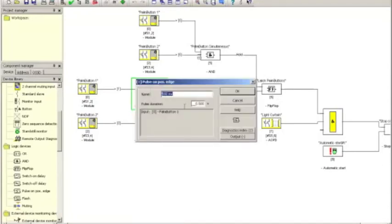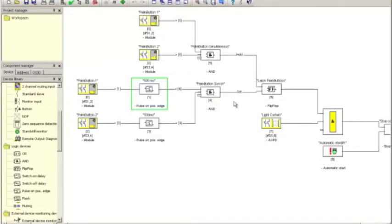And when the detail window shows up, then I can provide a different timer setting over here. Okay, so now I have this. Then I utilize those two AND functions into a flip-flop. And this flip-flop works the following way. There's a hold condition and a set condition. And by double-clicking on the flip-flop,